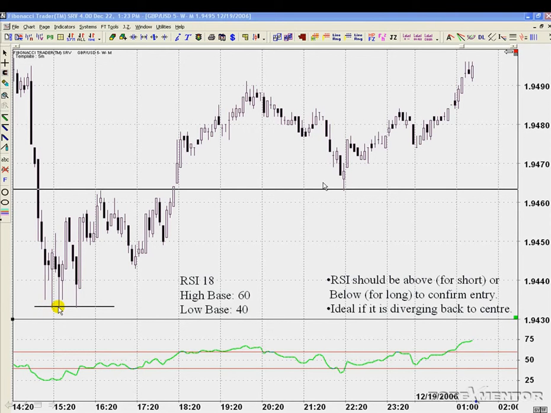So for example, this move from these lows to this high is just about 30 pips. And we see price come down and it continues to reject the lows. In the meantime, we have our RSI set at 18 with a high base of 60, a low base of 40. So the low base of 40 here is our oversold scenario for the short term, and we actually have been oversold for several minutes now, and as the market finds a bottom here,